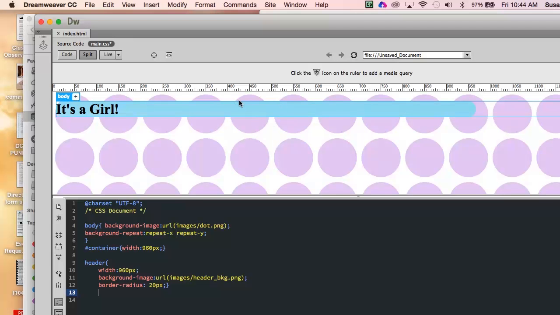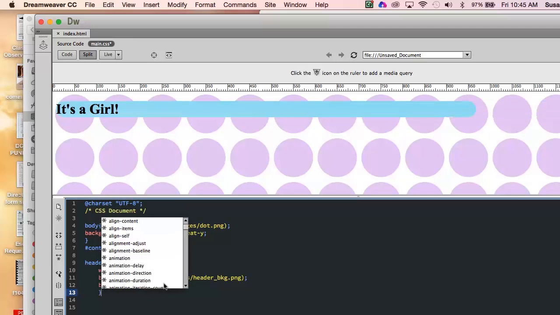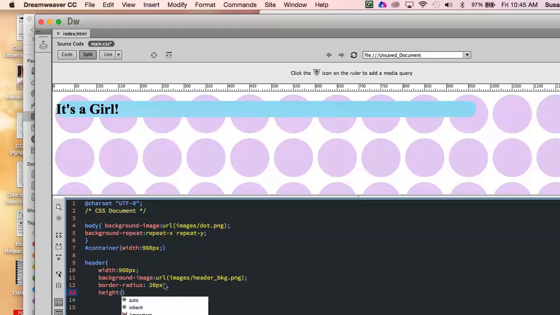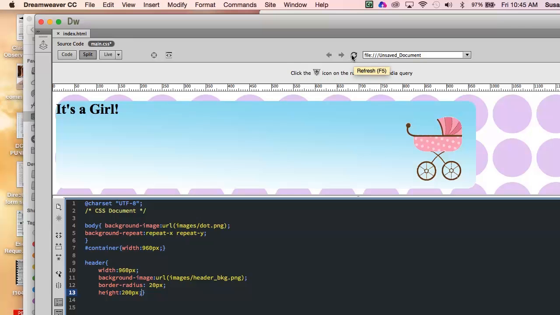Okay, what's going on here is you can see the blue is there, but I didn't give it a height. So I need to give that a height of 200 pixels, because that's what I say in the wireframe. And there we go. Now we can see that this is plastered over on the left-hand side,